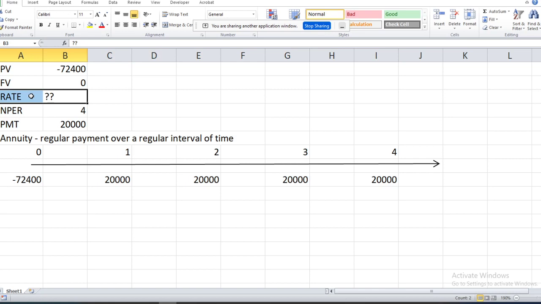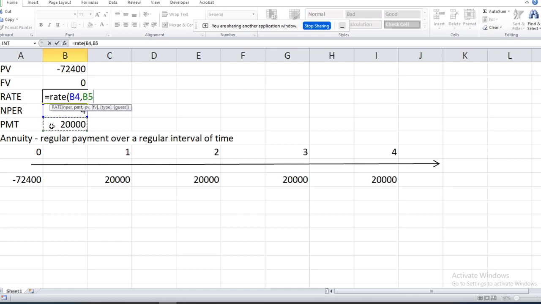So it's obvious we can calculate the rate here, right? So to do that, you already know, we just hit equals. Everything is really easy as long as you understand the question. All the calculations are done by the computer for you. Type rate, open the brackets, and you even get the hints of what to enter here. NPR, I just click here,